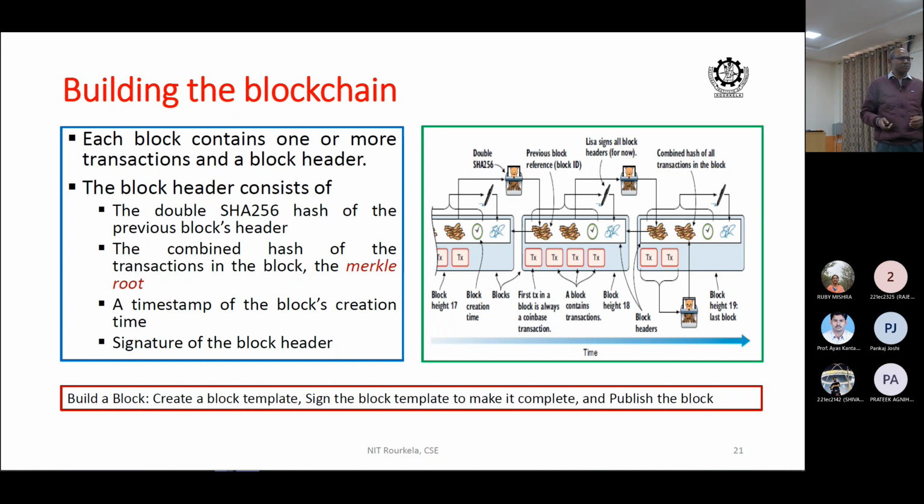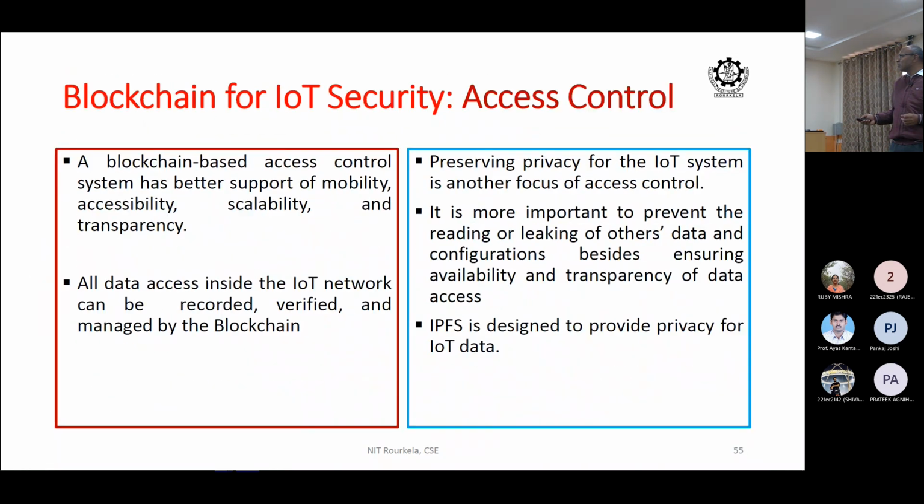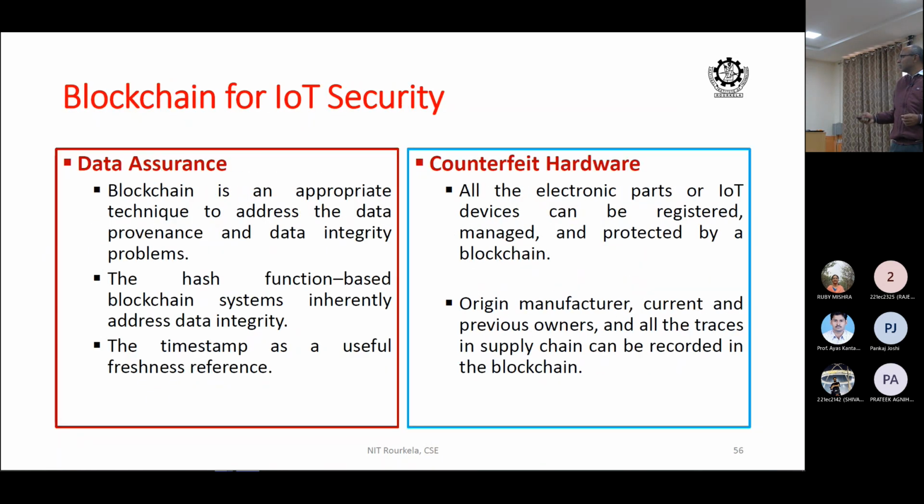Sir, you told us many different and new things in blockchain. I have a few doubts. Sir, you told us about counterfeit hardware, and you also told us that discarded hardware sometimes becomes counterfeit. Okay, let's go back to the counterfeit. Counterfeit is a serious issue, and there are techniques that exist. Sir, if some electronics hardware is discarded, then that also creates counterfeit. So then, sir, how can we find it?